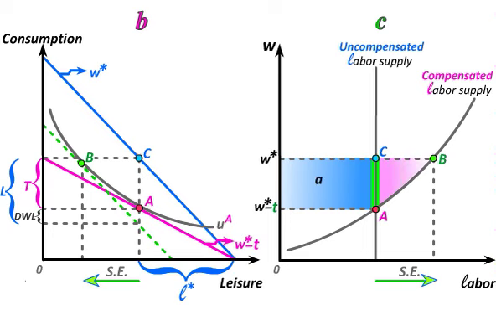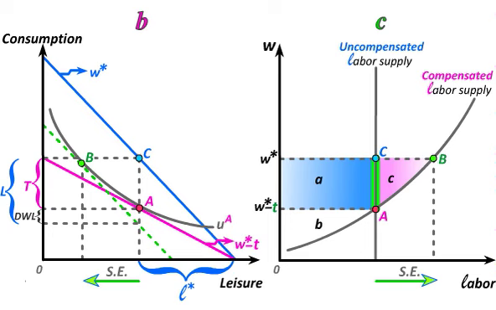The tax payment T that is made by workers in panel C is simply the tax T, which is the vertical difference between the two wages, times the amount of labor that's actually being transacted. Thus, the tax payment T is equal to the shaded blue area labeled A. The lump sum tax that we could have taken from this worker without making him any worse off than he is under the tax is the area A plus C.